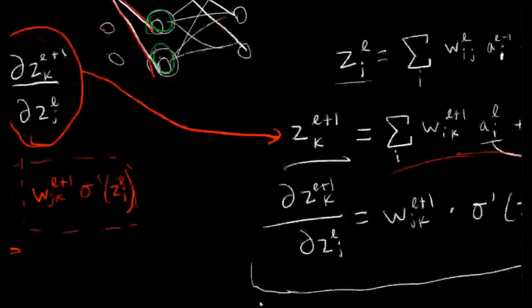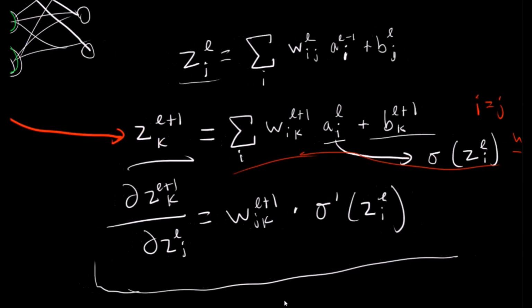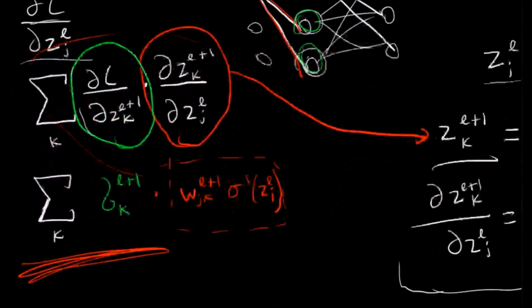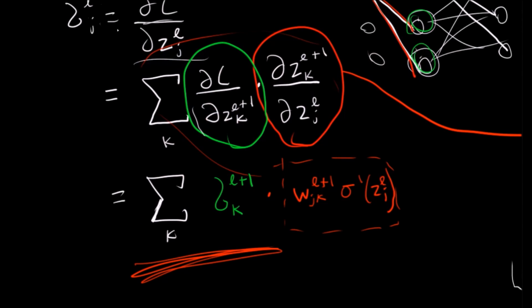All right, let's double check I got that right. I'm a little bit paranoid here. Oh yeah, sorry, I should have changed this to a J here. My bad. Okay, so all we need to do is calculate that over all of these K,